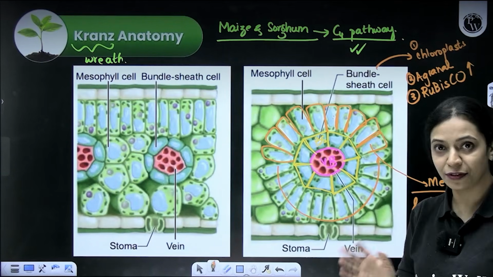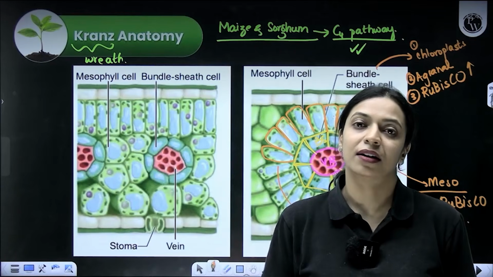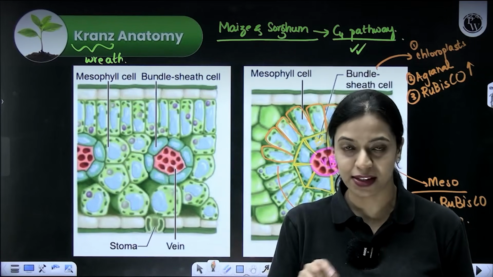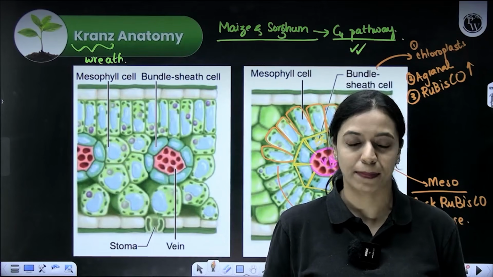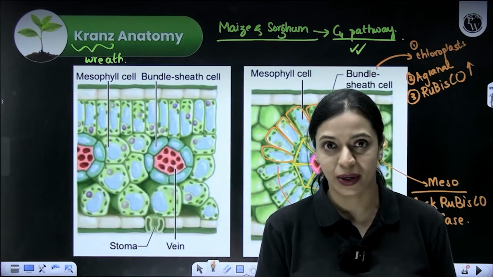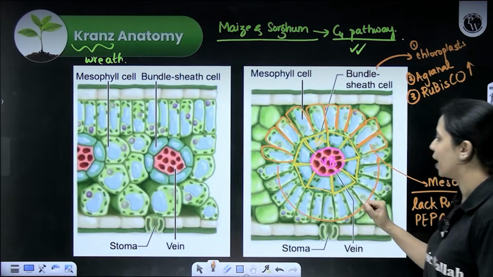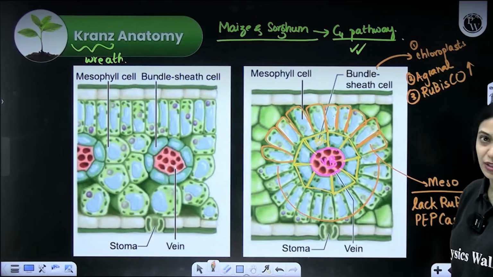Mesophyll cells will have chloroplasts, but they do not have Rubisco, so the Calvin cycle does not operate there. Instead, another enzyme is present that is called PEP carboxylase. What is its function? I will tell you now. Now, if you look at this, you can see how the bundle sheath cell and the mesophyll cells are neighboring